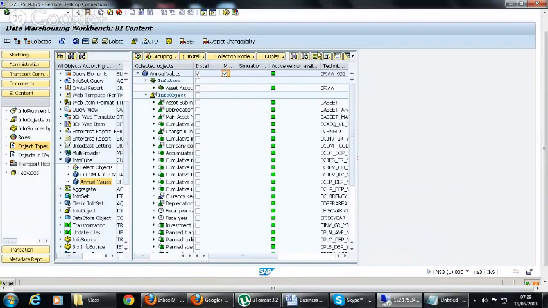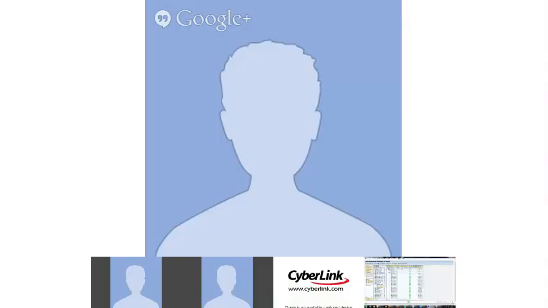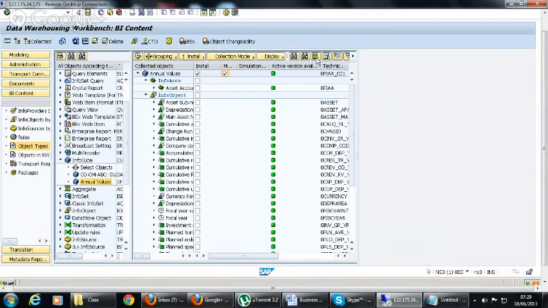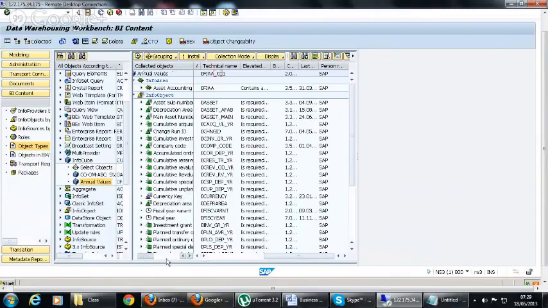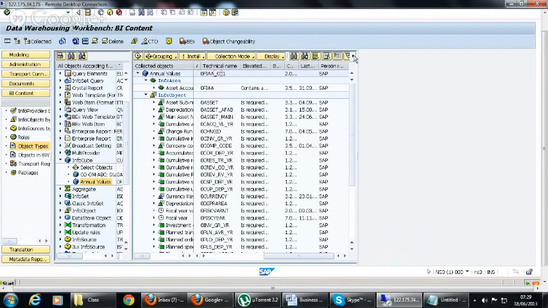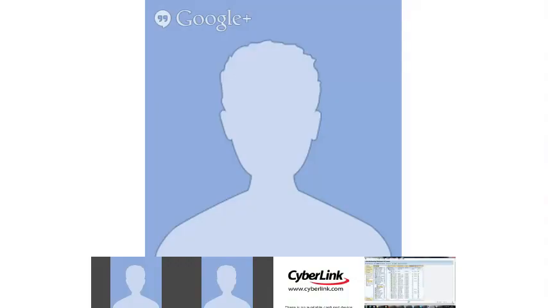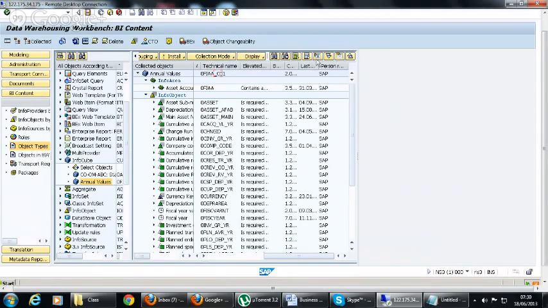And here you have select all and deselect all. When you want to install all the objects, you can directly click select all, and all of them will be selected. If you want to expand all or collapse all, these options are available here.